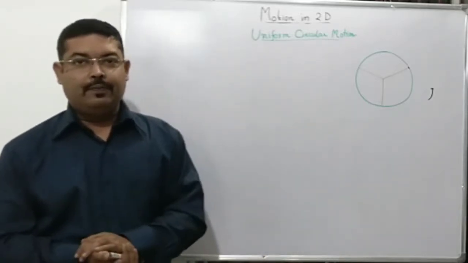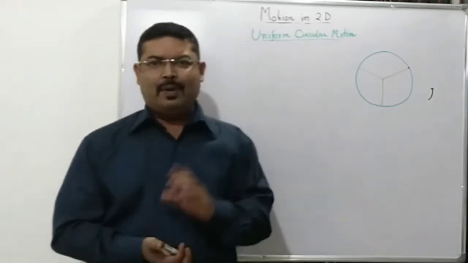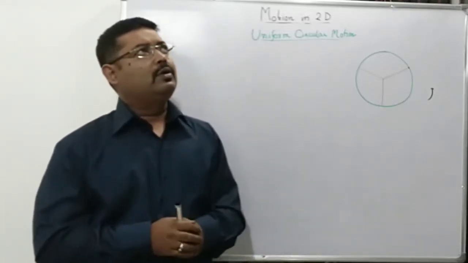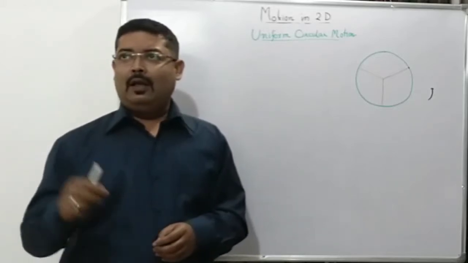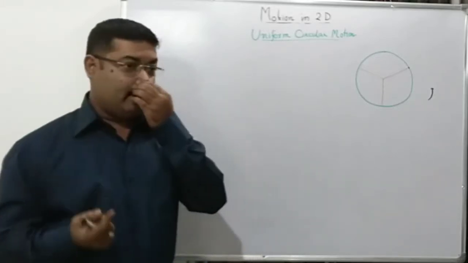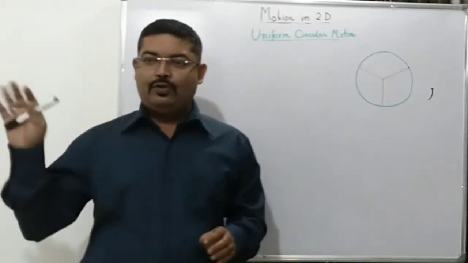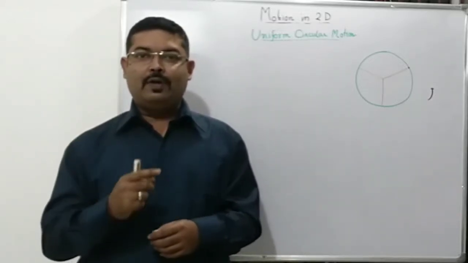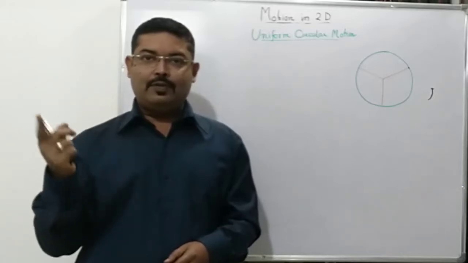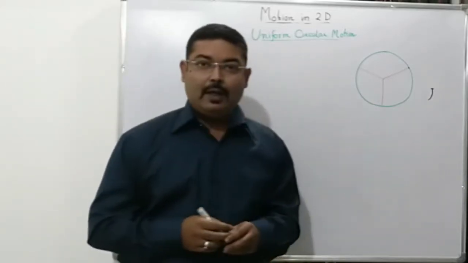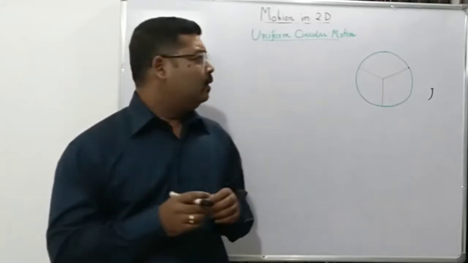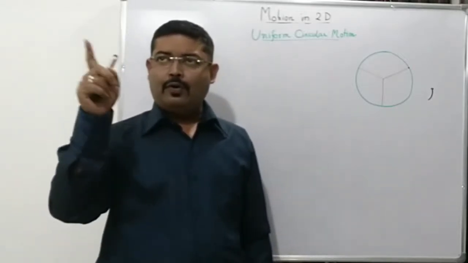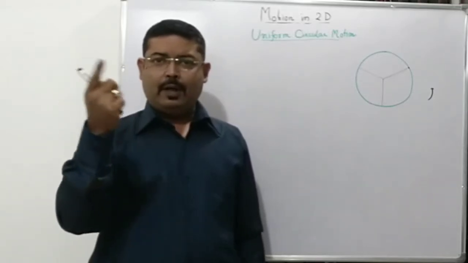That's the first question. Let us say an object, a particle or a ball is tied to a string and you keep rotating it. Or you talk about the ceiling fan. The blades are moving in a circular path, right? When you switch on the fan, it will start accelerating. It will reach a greater speed, and after some time keep on moving at a constant speed. So what is happening there is that if you draw a point on the ceiling fan, you will see that that particular point will be revolving in a horizontal plane.